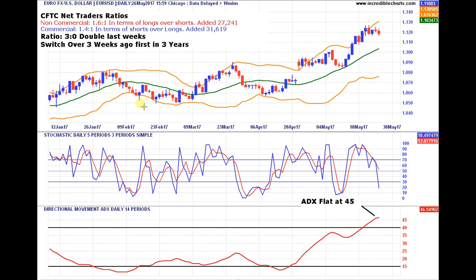Okay, we're on the Euro USD daily chart. Let's have a look at the CFTC net traders ratios now. In terms of non-commercials, they're 1.6 to 1 in terms of longs over shorts, which is not a big amount or big divergence, so to speak, but they did add in 27,241 longs. Okay, commercials 1.4 to 1 in terms of shorts over longs. Again, not a big divergence, but they added in